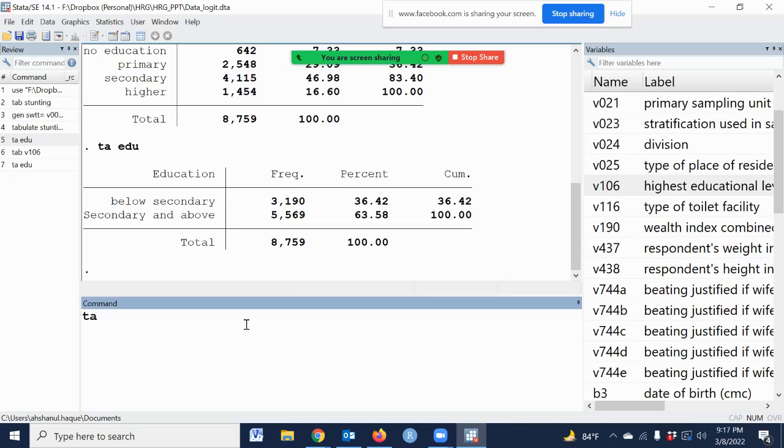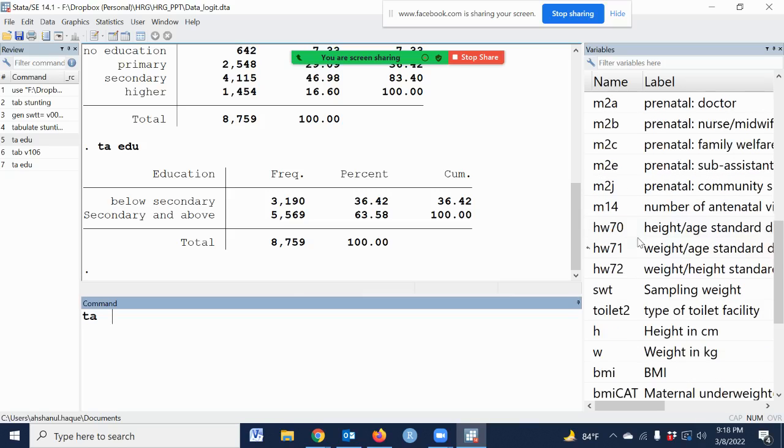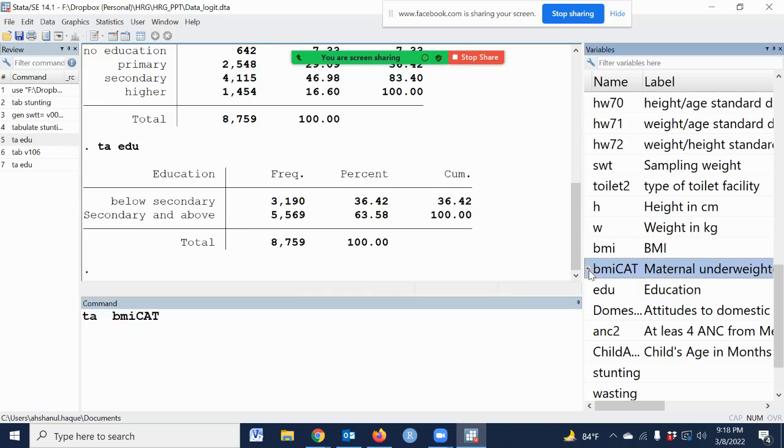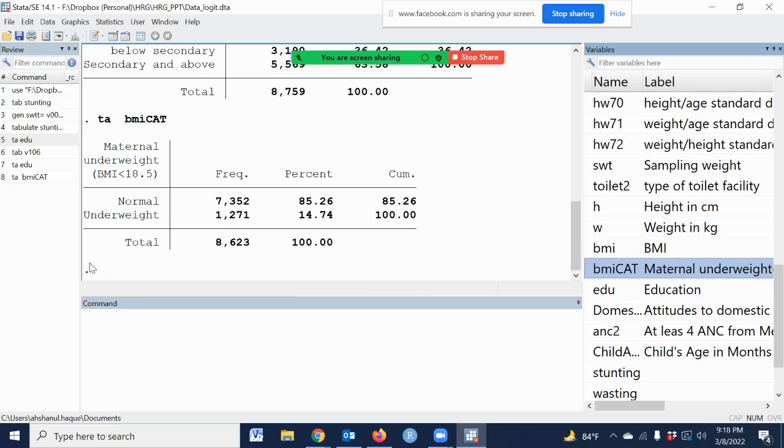Another variable is maternal underweight. The prevalence of maternal underweight is 14%.